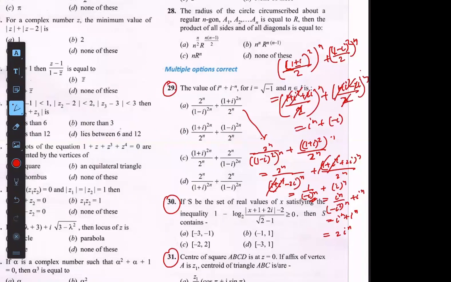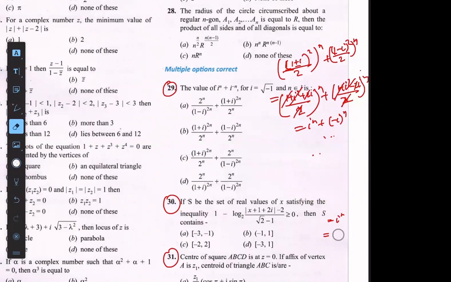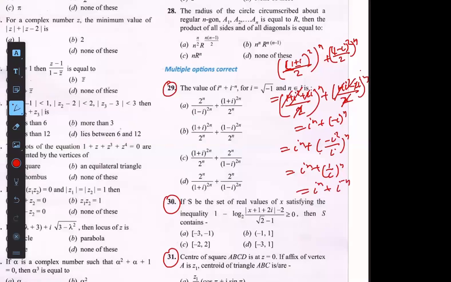ये आ जाएगा माइनस आई की पावर n। अब माइनस आई की पावर n को हम लिख सकते हैं ना बेटा, आई से मल्टीप्लाई डिवाइड करके, माइनस आई स्क्वायर अपॉन आई लिख सकते हैं ना, तो माइनस आई स्क्वायर 1 हो जाएगा तो ये आ जाएगा माइनस आई की पावर n, यानी आई की पावर माइनस n, तो ये आ गया, तो बी सही है। इसी तरह से तुम्हें बाकी ऑप्शन भी चेक करने पड़ेंगे। समझ में आया? तो कैलकुलेटिव है, बस जल्दी जल्दी से चेक कर लेना है आपको ये आ रहा है कि नहीं आ रहा है।